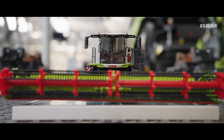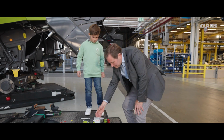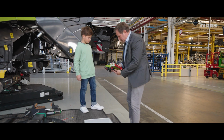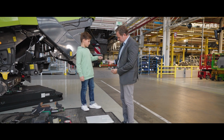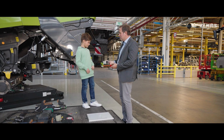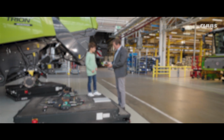So look, we also found the right combine harvester for you. Cool. Designed specifically for you, a CLAAS combine harvester, a CLAAS TRION. Now tell me where the cab is. Right here. Yes, exactly. Correct. Great. And you know what? When you're 20 years older, we will build a full-size